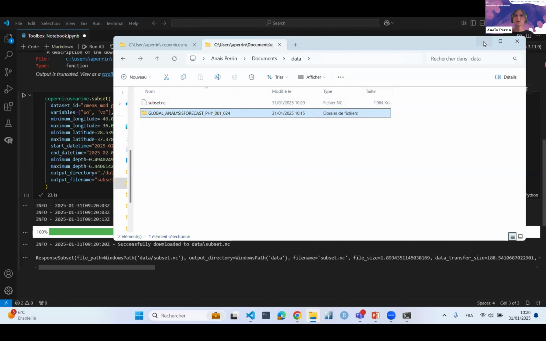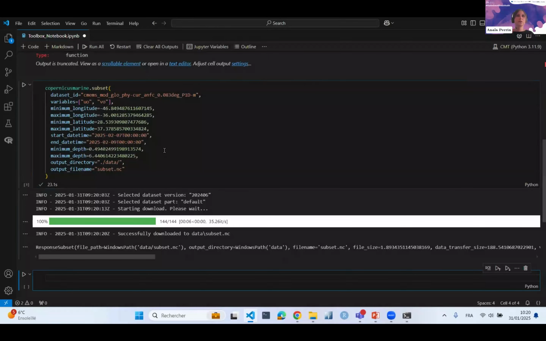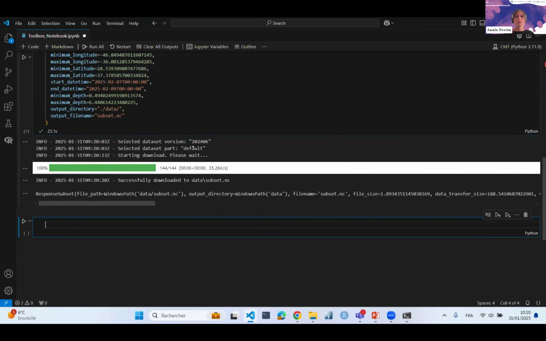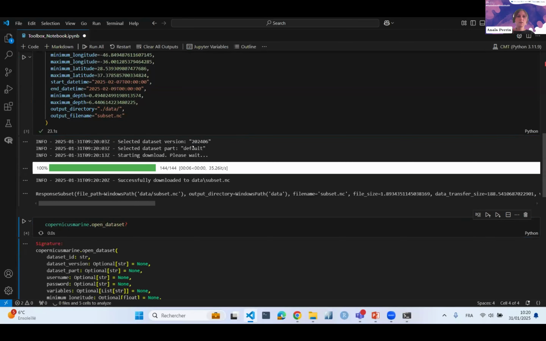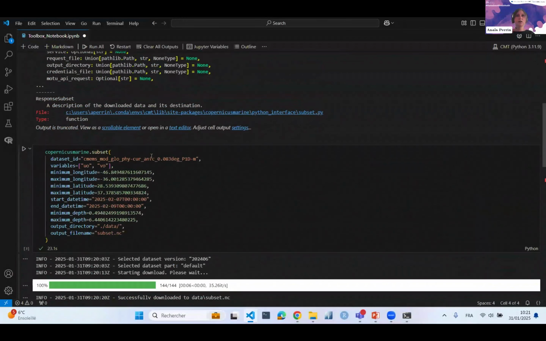So now let's take a look at some options that can only be used on the Python interface: the open dataset and read data frame functions. These functions allow you to open data remotely rather than downloading it immediately. So let's start with open dataset, and see the options. You will notice that the available options are very similar to those of the subset. If you specify only the dataset name here,